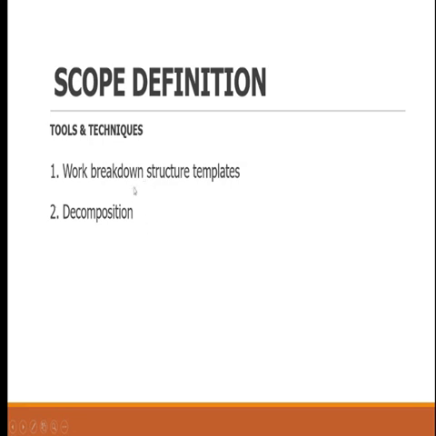What are the tools and techniques? Number one, work breakdown structure templates. Use a template. This is interesting. Any work you want to do in your office, anywhere in the world, whether you haven't done it before or you have done the same work before, the easiest way to know what ought to be done within the framework of that job is to use a template. What are templates? Templates are formats, previously used, successfully implemented formats that can give you a direction on how to implement your current project.